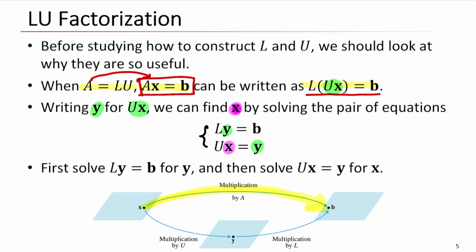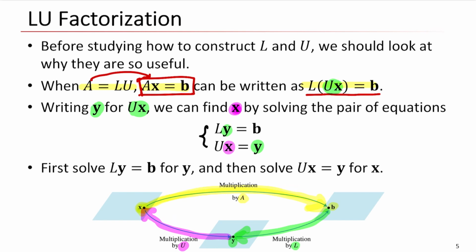Rather than solving this vector x from the vector b and matrix A directly, we can decompose the matrix A as L and U. First we can find the vector y here, then we can find the solution x by matrix U. As you can see here,